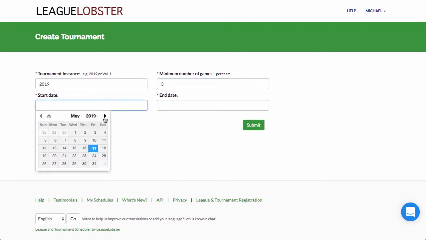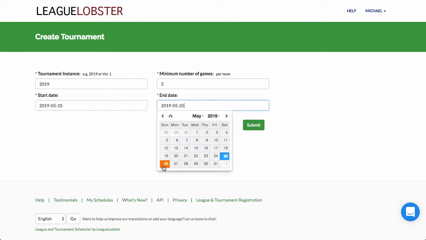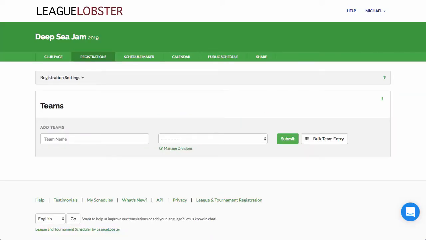And the start date and end date and submit. Okay, so now we have a tournament, but we don't have any teams in it yet, as you